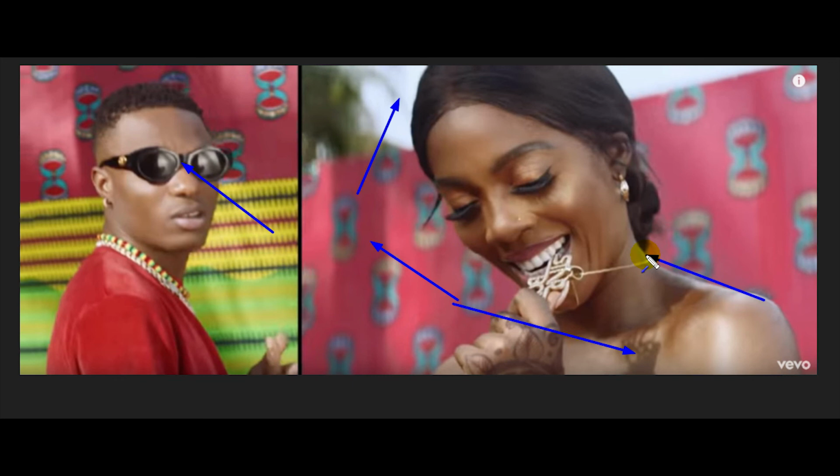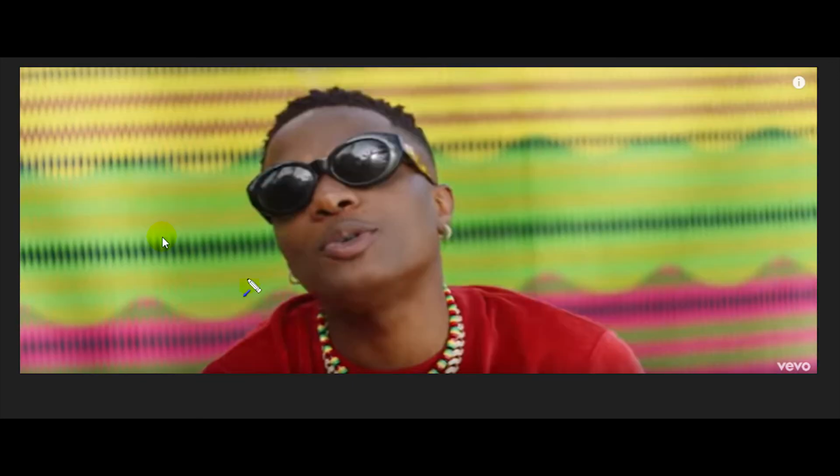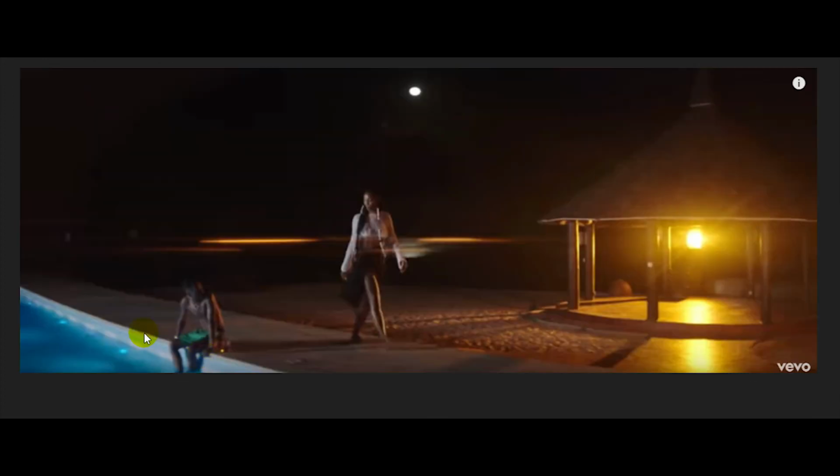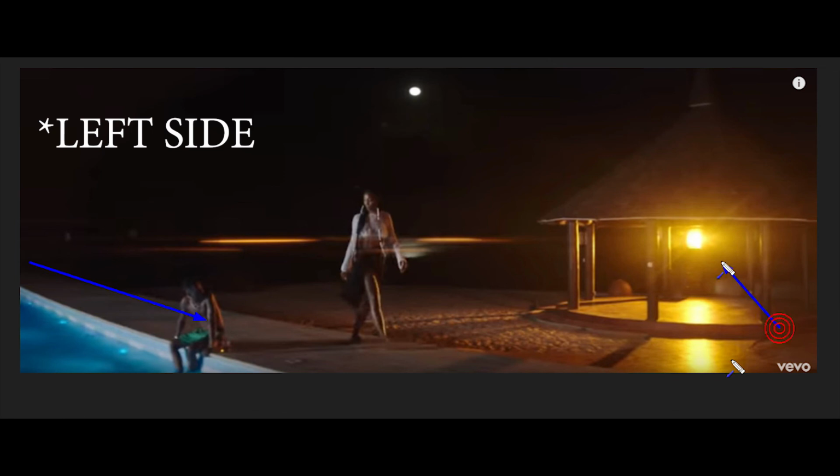On the next frame, you can now clearly see the sun almost behind the horizon, and the trees in the reflection of his glasses. On the previous frame, if we go back to this frame, we have an HMI source keying the talent from the right side of the frame, and we have a sodium vapor gelled Fresnel or HMI light giving us this color temperature,